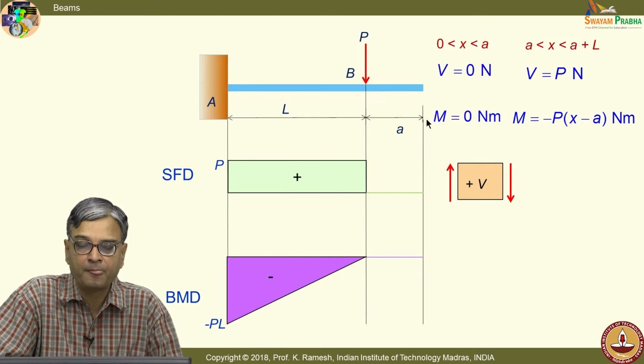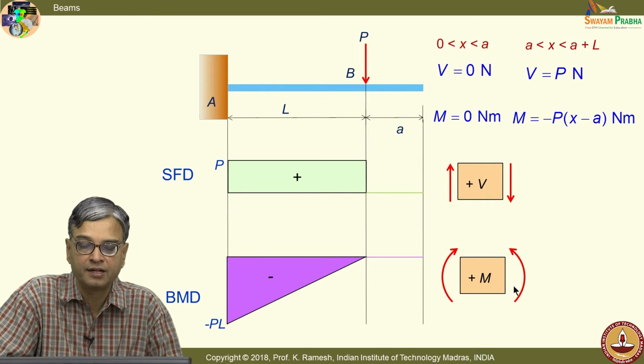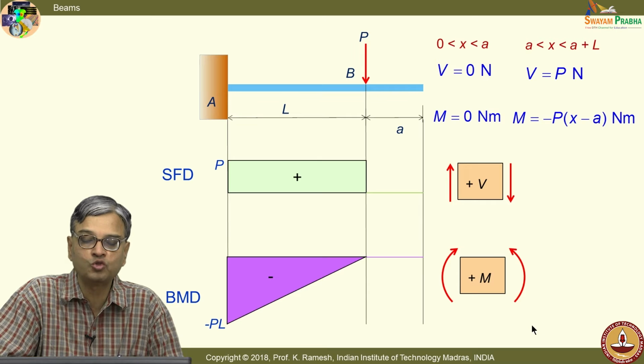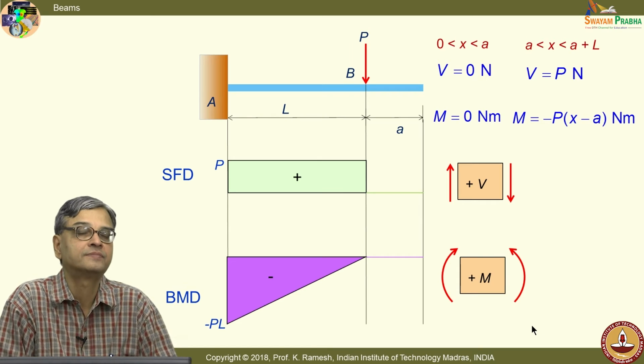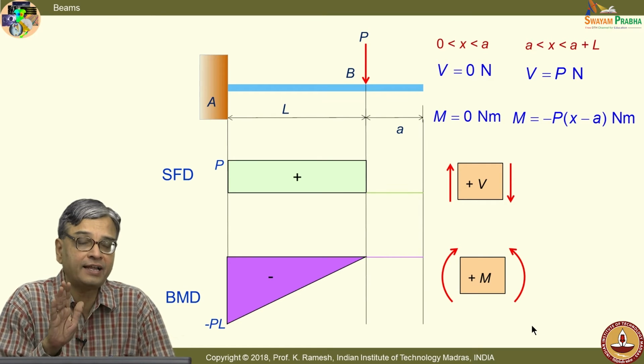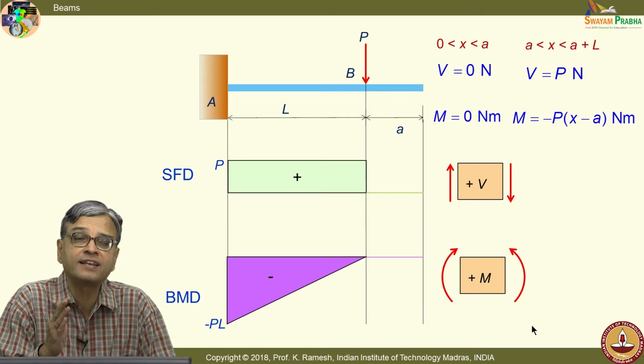And we have the bending moment for the section 0 to A is 0. For the section A to A plus L, M equal to minus P into x minus A. So, it varies linearly and it is 0 here. And I also put the sign convention used for bending moment. So, now it will be very clear why I need to put a sign convention,